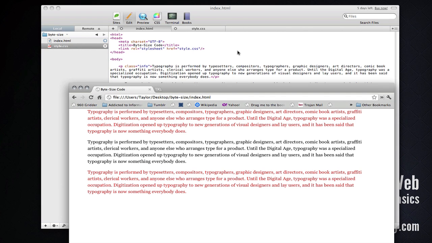So that's the basics of IDs and classes in HTML. If you want to learn a little bit more in depth on them or a little bit more about HTML or CSS as we've been using a little bit as well,